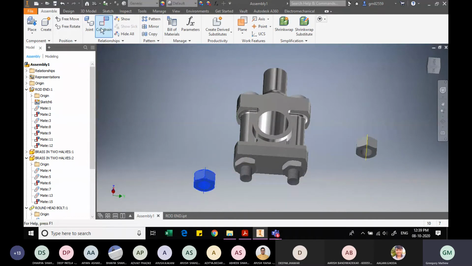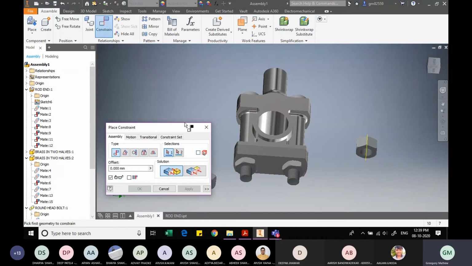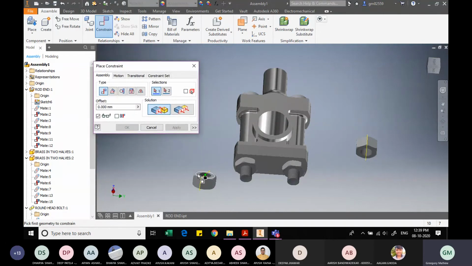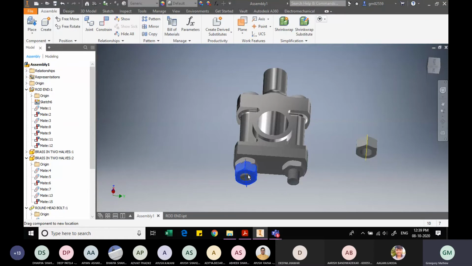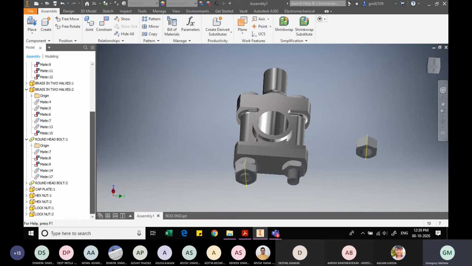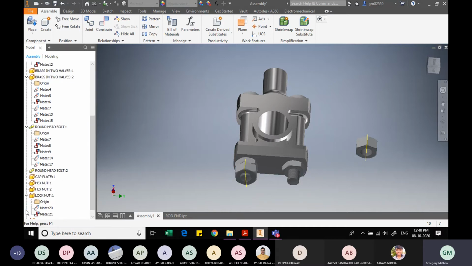Yeah, and we will slightly use the free rotate command. Let us slightly rotate the bolt. Now constraining this face of the bolt so that it is in touch with this face. Now what has happened? Have we done the constraint command? Actually, let me just check for the lock nut. How many do we have? Wait, I'll just delete the command.